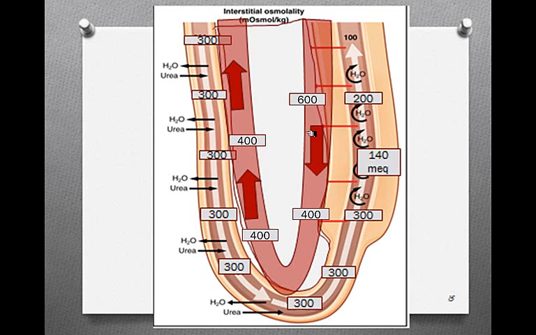Because the flow is in the opposite direction, water is getting pulled into here, pulled into here, pulled into here, and it starts out pretty concentrated. By the end, it's getting more dilute. You end up with a reverse. So for here, it's more concentrated and it gets more dilute, and here it's more concentrated and gets dilute in the opposite direction. So you end up with 300, 300, and 300, because by the time you get, this is the